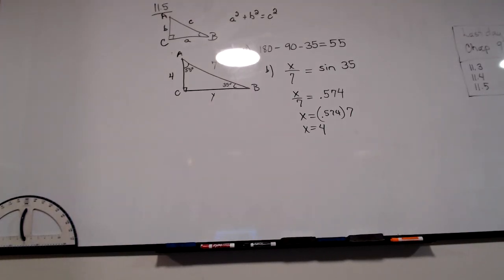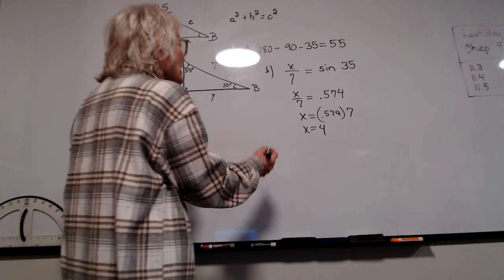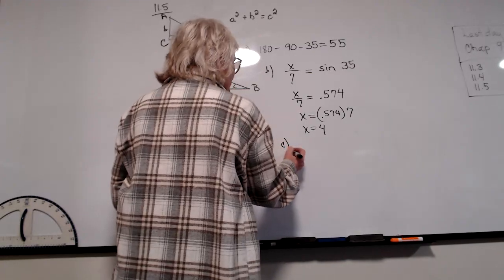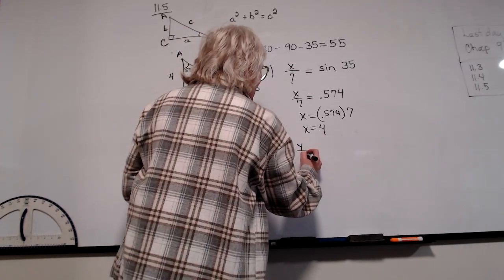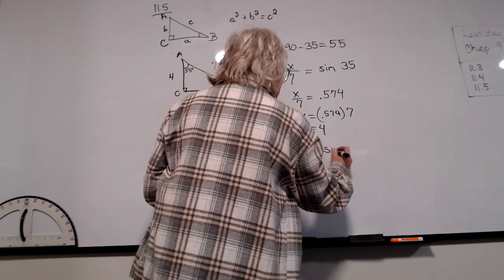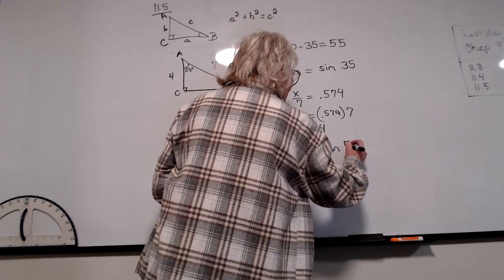There are a lot of ways to find Y. How would you like to find Y? Somebody speak up and tell me how you'd like to find Y. Yes, we could do sine again. And what would the relationship be? It would be y over 7, and that's the sine of what? 55 degrees. Sine of 55 degrees,